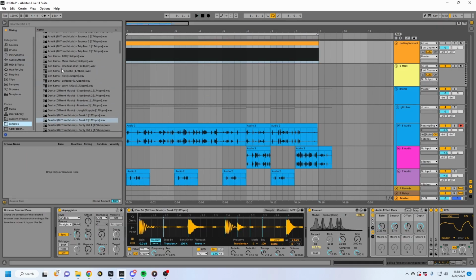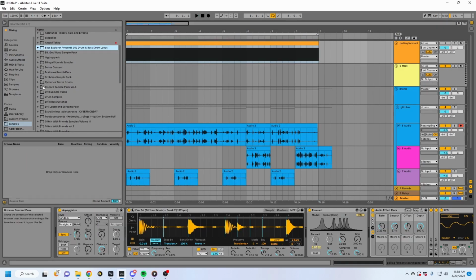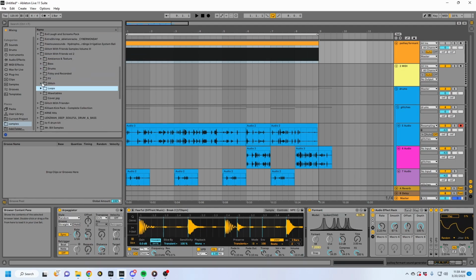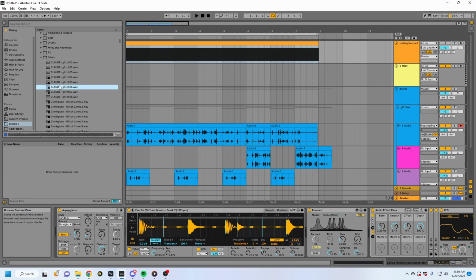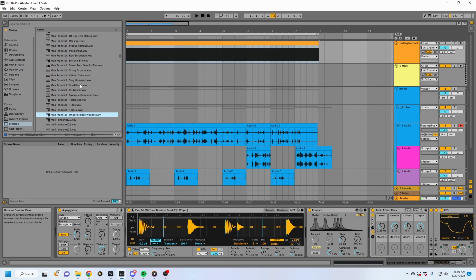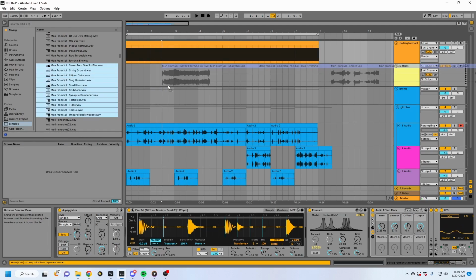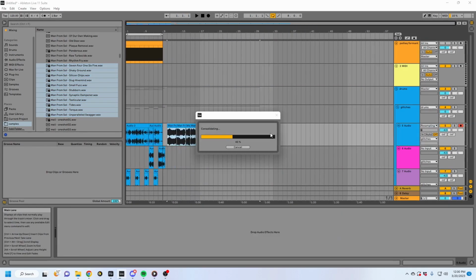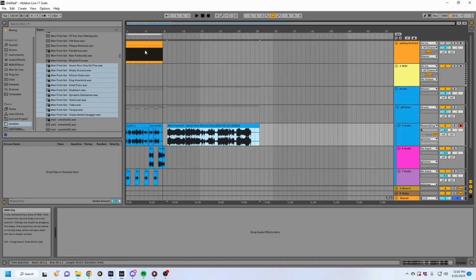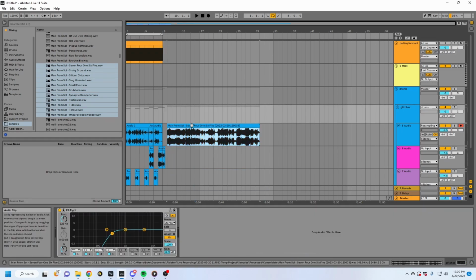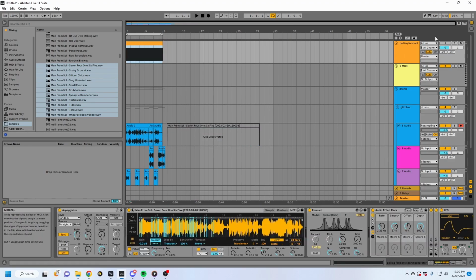And again, you could throw anything in here. So let's go to Glitch with Friends, which is just one of the best free sample packs out there, I think, especially for like this genre. Okay. Big idea. Instead of thinking about it, let's just highlight a ton of samples all at once. Throw them here, and then you can consolidate all of them with Control J. And then you throw all the samples at once in here, and then we just don't have to think about sampling, right? So now,